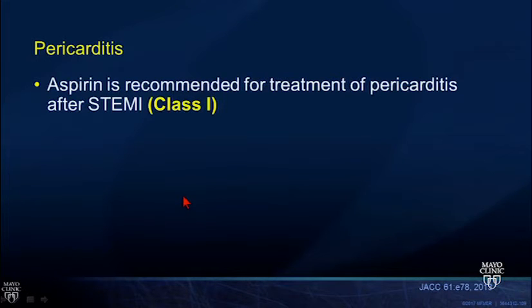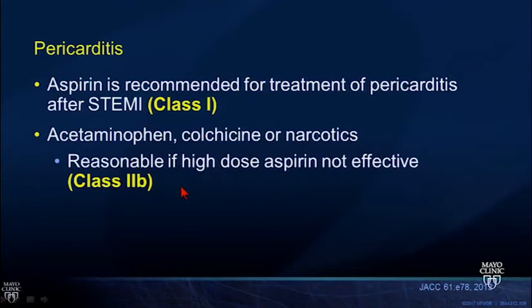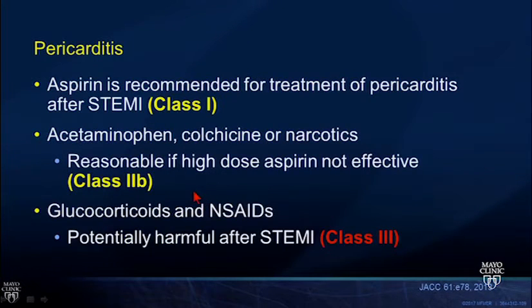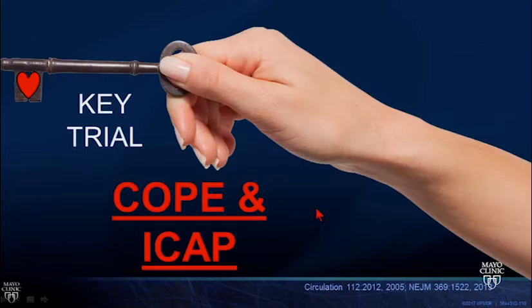Aspirin is how we treat these. This is not 81 milligrams or 300 milligrams. This is 600 milligrams every 4 hours. I think I've heard Nish teach before that you give it till their ears ring and then you cut back a little bit. So this is high-dose aspirin given to these patients to settle down the inflammation. You can use colchicine, acetaminophen, but what we don't use are steroids or NSAIDs, because those actually end up causing more problems with some of the mechanical complications as well as LV systolic function.